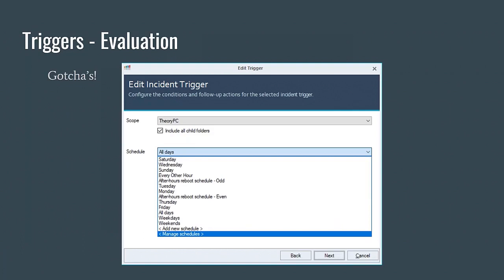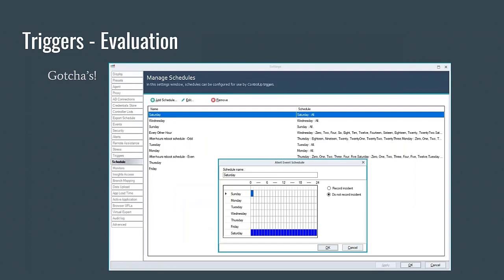And so this next one is that scheduling. When you're creating the trigger, you can choose the scope to make sure that your object is within the folder scope that you've selected. And then the next one is the schedule. By default, I think we have all days and maybe weekends and weekdays, but you can go manage schedules or add a new schedule. And when you do that, you can go to this view where,